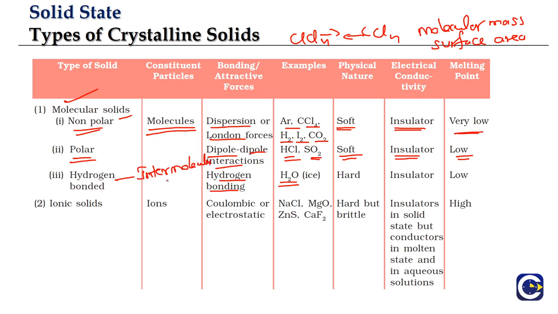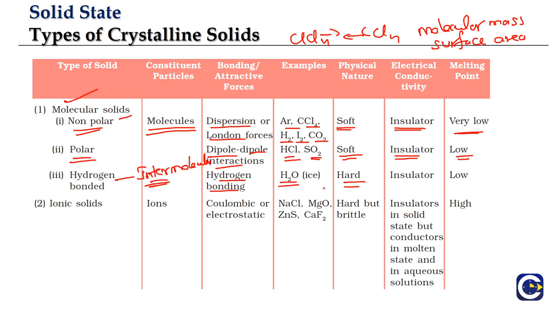So remember, we have studied about this also in the chemical bonding chapter. There are two types of hydrogen bonding: intermolecular hydrogen bonding, second will be intramolecular hydrogen bonding. So intermolecular hydrogen bonding is going to reflect in the properties of the material. Since these are comparatively very strong, comparing with the London forces and dipole-dipole interactions, we'll see that the substance overall will be having a hard nature.